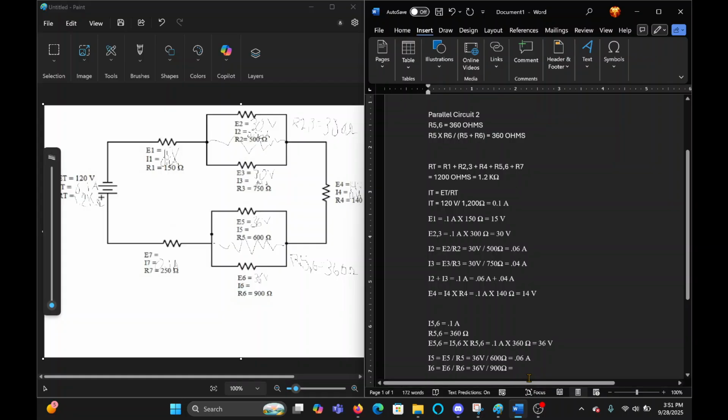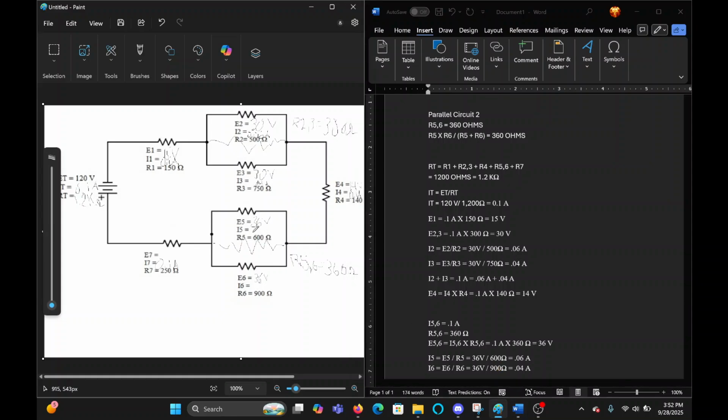Am I looking at that right? I5 equals E5 divided by R5, equals 36 volts divided by 600 ohms. Okay, so you get that I5 is going to be